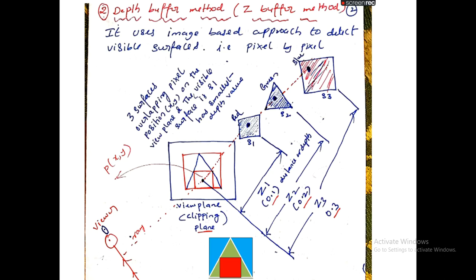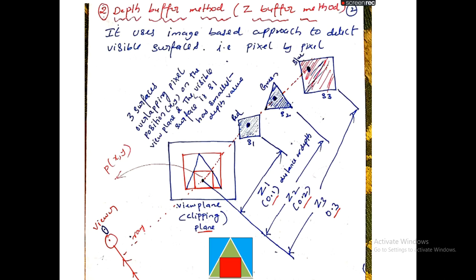The back face detection algorithm uses an object space or object based approach, but the depth buffer algorithm uses an image based approach. Whenever we say that the depth buffer algorithm uses an image based approach, it means that we need to process pixel by pixel for every surface.